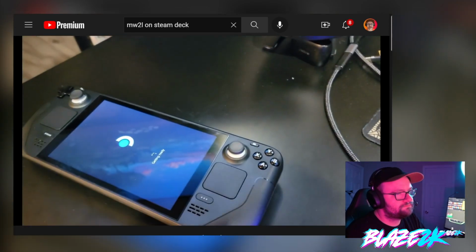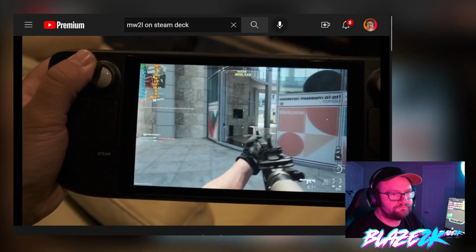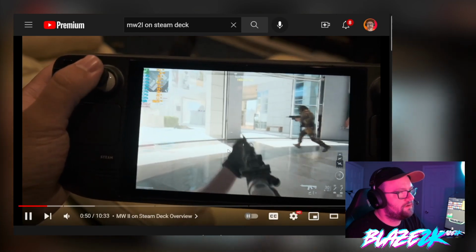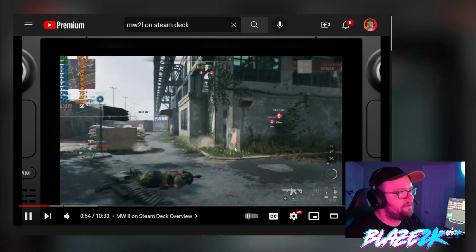So I'll jump into how to do that, but we'll also cover the performance here, which is the primary focus of this video. Now, I typically play multiplayer shooter games on my PC with mouse and keyboard, so the gameplay here is not going to be the greatest, but that's not the focus of the video. First, we'll dive into the performance, which actually is really good on the Steam Deck, and then...